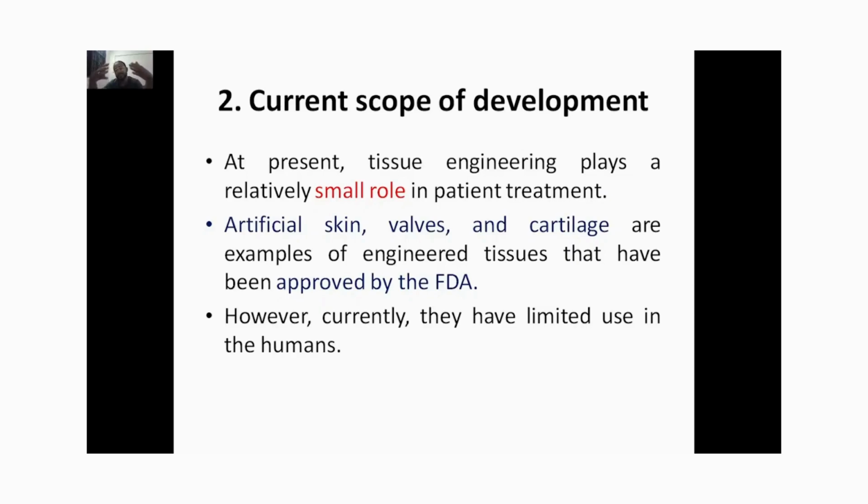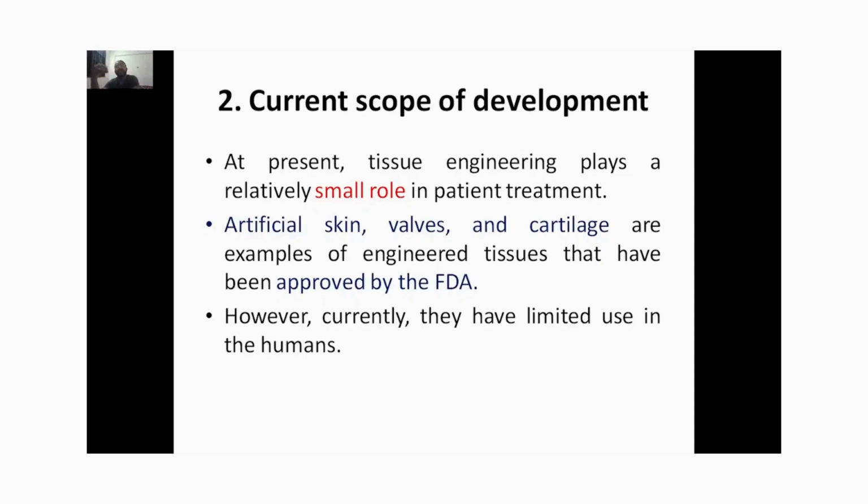Now, since this subject is for biotechnology students, I don't have to explain what preclinical and clinical mean, right? I hope all of you understood. Preclinical trials are when you develop a new technology or new drug, and you have to test it on animals first. If it is approved by regulatory bodies like the FDA in the US, or the approval bodies in Europe and Japan, then a license will be given to test it on humans. That is called clinical trials. So testing on animals is preclinical trials, and testing on humans is clinical trials.